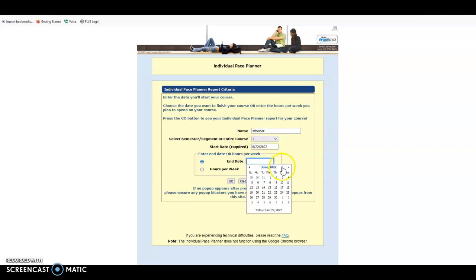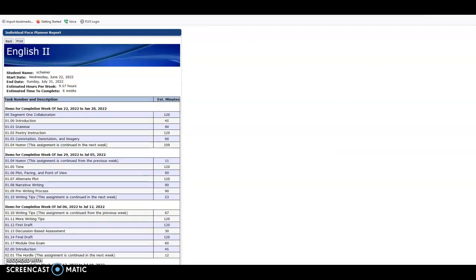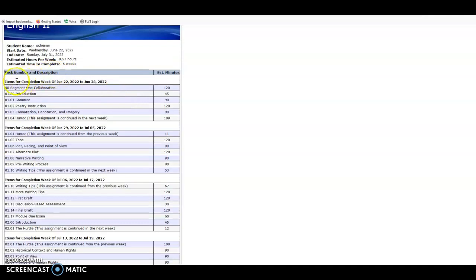And then the end date, if you wanted to finish by the end of summer school, for example, you'd want July 31st, but you could put whatever date you need to finish by here. You also have the option of saying how many hours per week you wanted to work, and you can put that there. Once you say go, it's going to give you your own individual PACE chart,